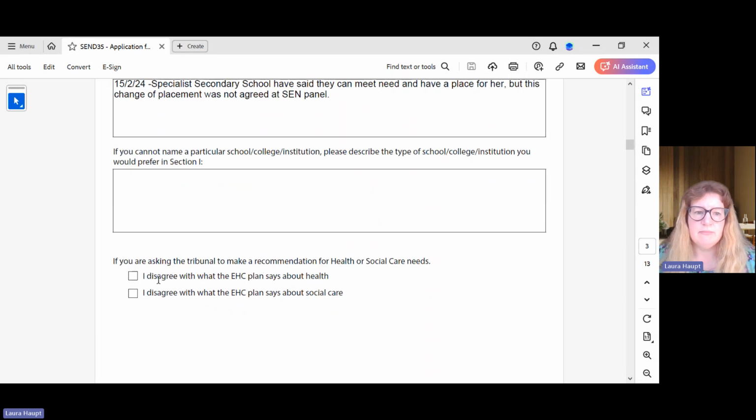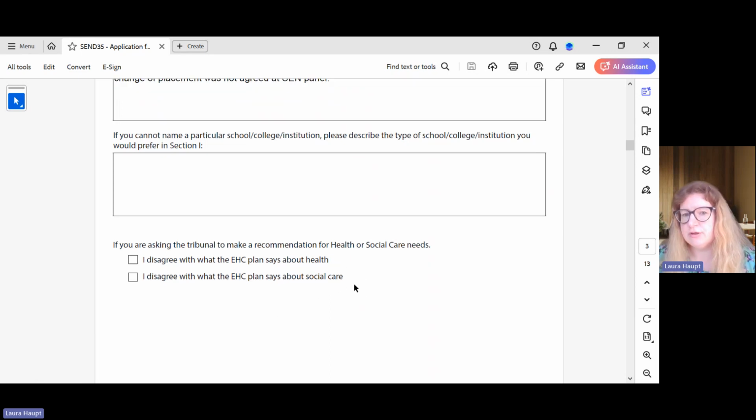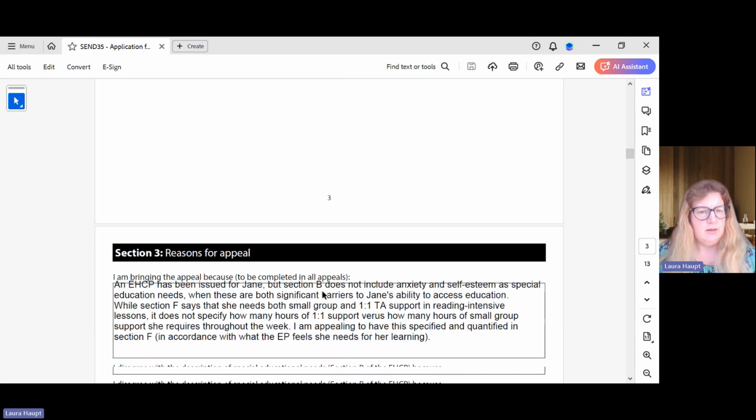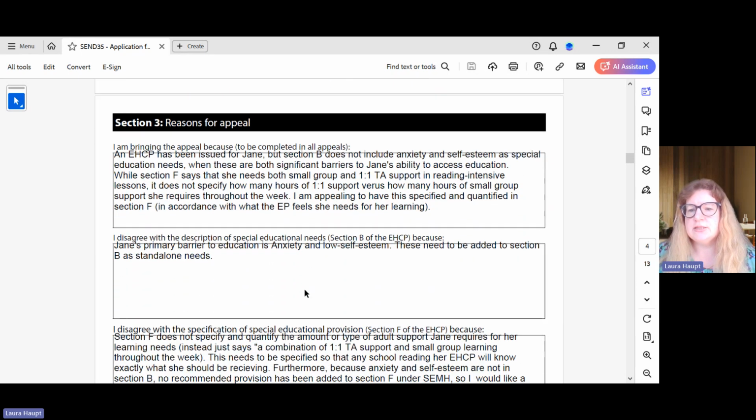So as we come further down, there's a question here. If you'd like the tribunal to make recommendations for the health and social care needs section of your EHCP, you can ask them to do that, but that's not very common. And then we come to section 3, and this is the reasons for appeal. This is the section where I would strongly encourage you to make a note of all of these questions and answer them to your fullest ability in a separate Word document rather than trying to stay within the confines of the boxes provided. So the first question here says, I am bringing the appeal because, and I've said,